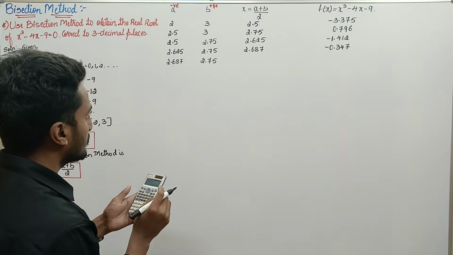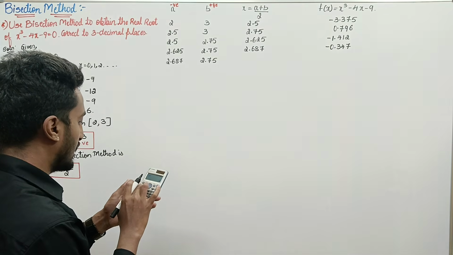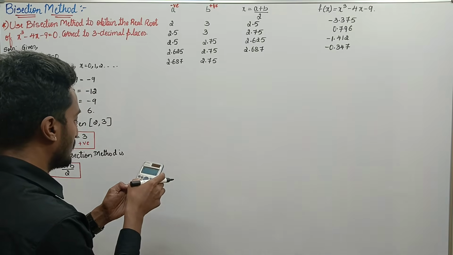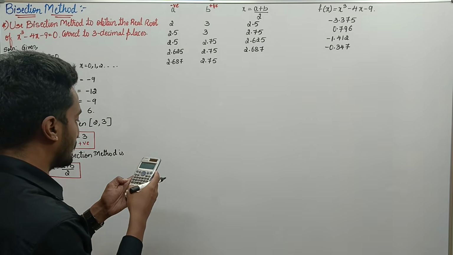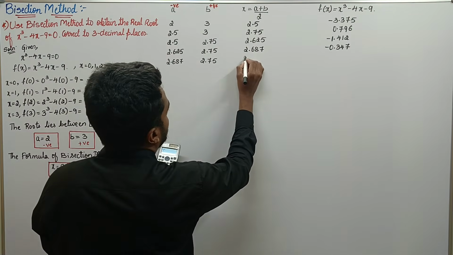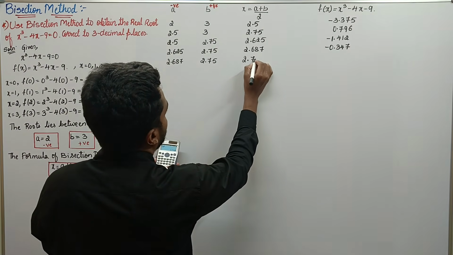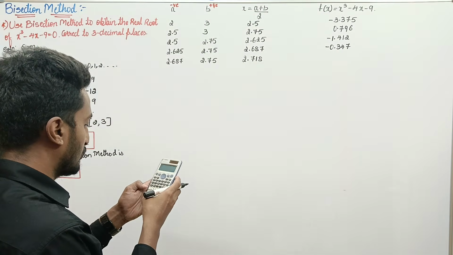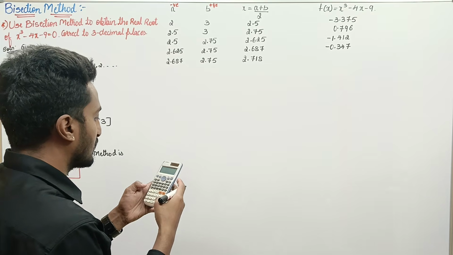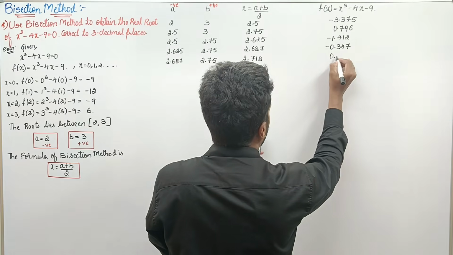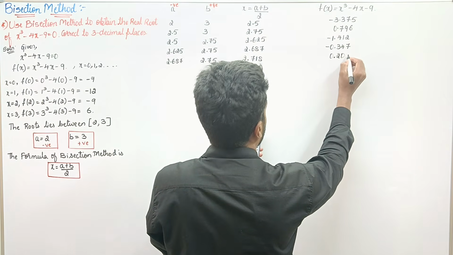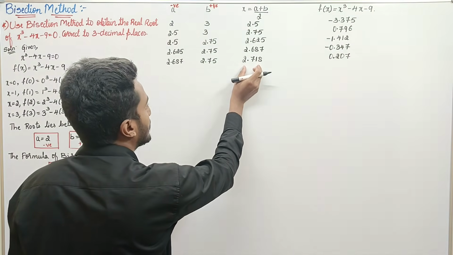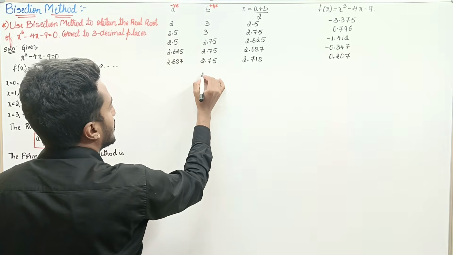Done? Yes. Now let us simplify again. Calc the value of A, 2.687 equals B, 2.75 equals, you get 2.718. Now press function value. Calc 2.718, you get 0.207. Done. Now since it is positive, 2.718 will be replaced in the positive term, that is